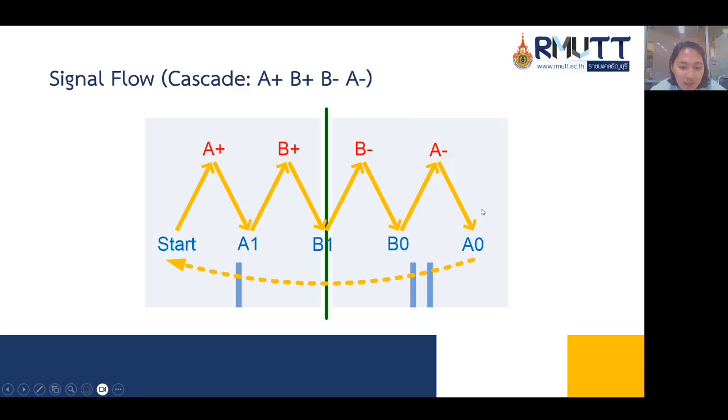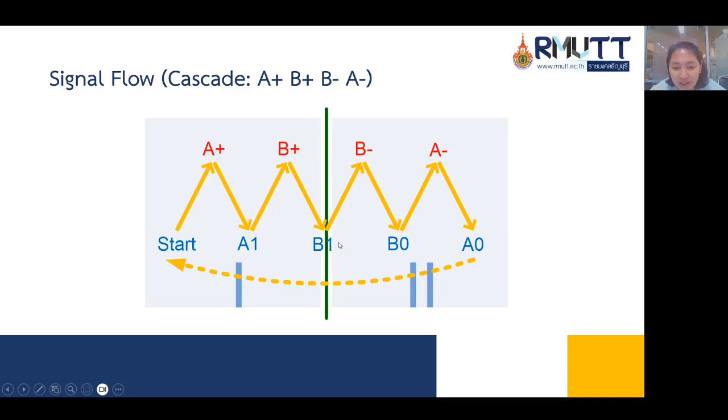And for this signal flow, this is the input, this is the output, and the signal flow starts from the push button start. When the push button start is pressed, the output will be A plus, cylinder A going forward. After that, reaching limit switch A1 makes cylinder B go forward, or B plus.